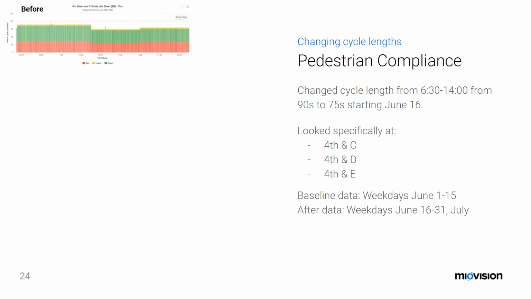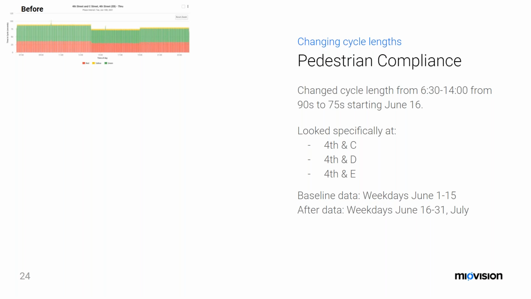And then the last example here, looking at pedestrian compliance, again in the same area, 4th Street. San Rafael had been looking at their pedestrian compliance charts, and on 4th Street they were focused on turning it into a more pedestrian-friendly area. In San Rafael, 2nd Street and 3rd Street are more commuter streets in and out of downtown, whereas 4th Street is a 2-way and is intended to be more pedestrian-friendly. So they were looking at ways they could improve pedestrian compliance here.